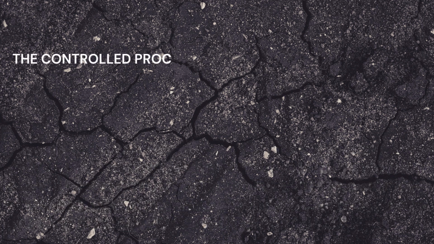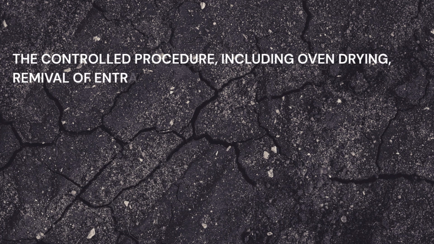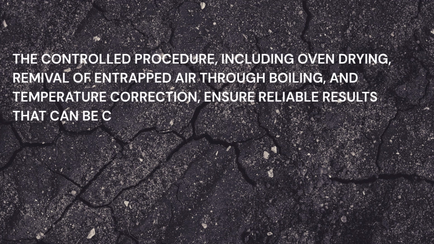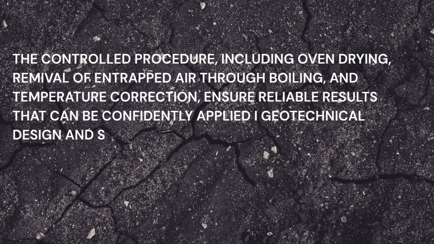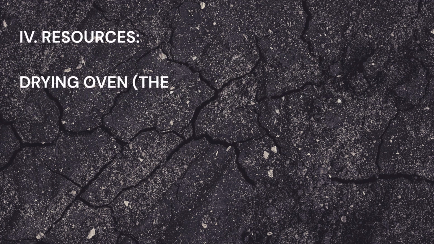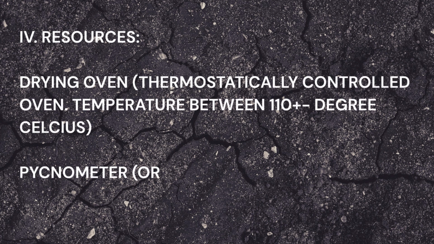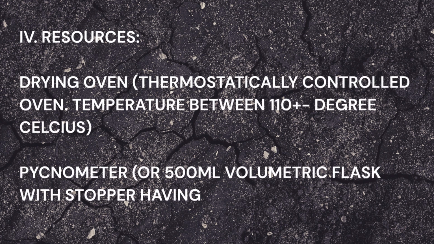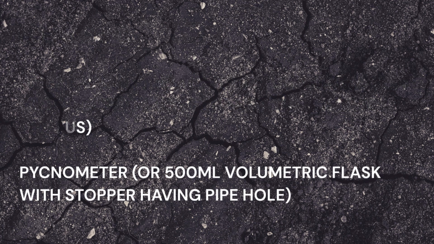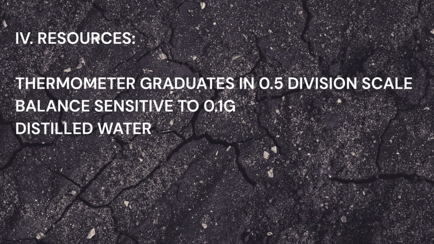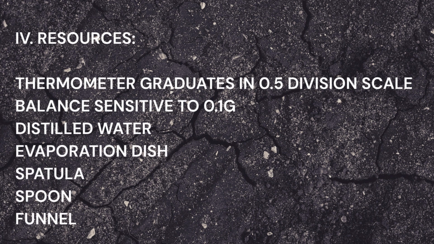The controlled procedure, including oven drying, removal of entrapped air through boiling, and temperature correction, ensures reliable results that can be confidently applied in geotechnical design and soil classification. Resources: drying oven, thermostatically controlled oven, temperature between 110 plus or minus degrees Celsius, pyknometer or 500 ml volumetric flask with stopper having pipe hole, thermometer graduated in 0.5 division scale, balance sensitive to 0.1 g,